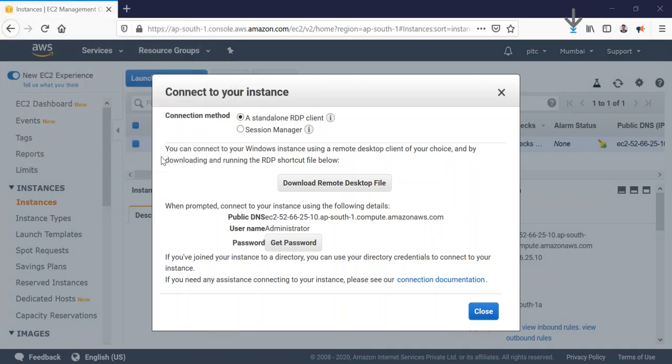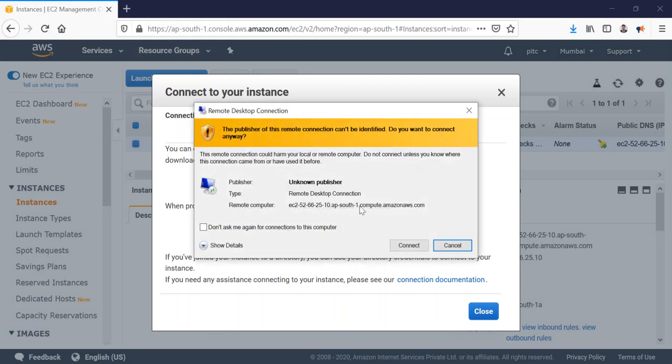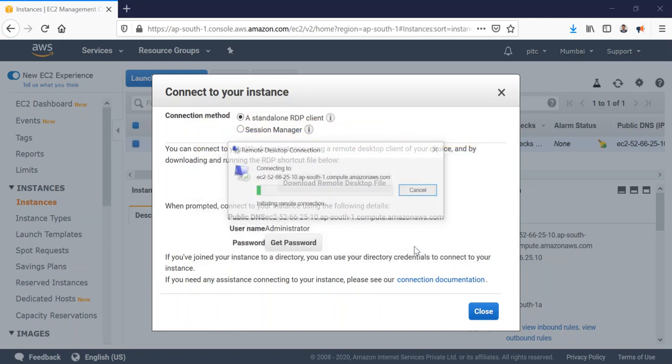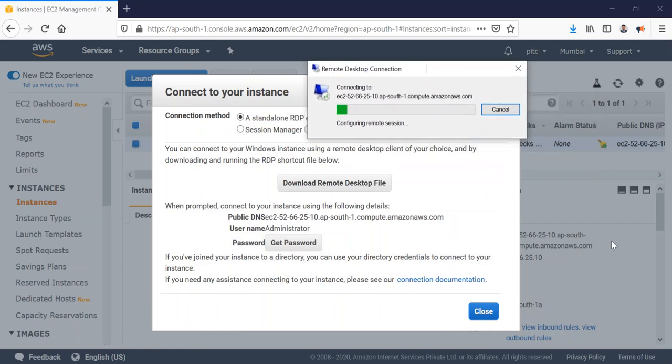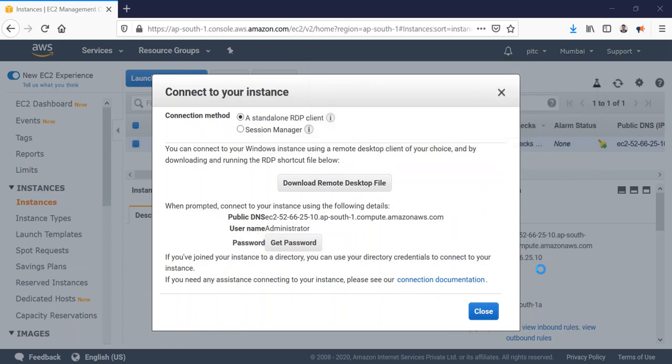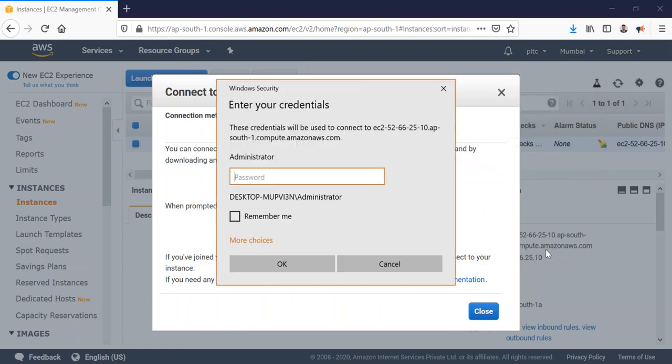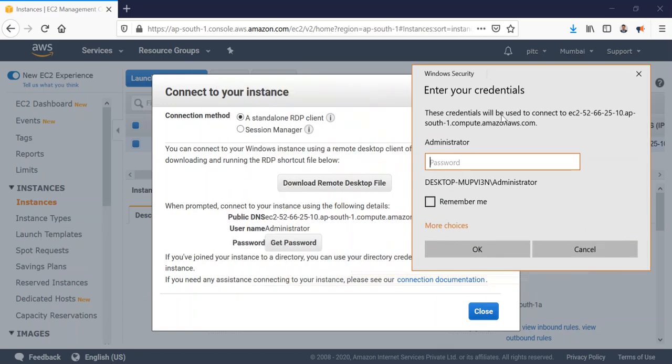I'll say okay, I want to open it now. Just give the permission. If you don't want to give permission again and again, you can check this box, then connect. The IP address which I copied will automatically be copied here, meaning this RDP which I opened has the IP address.